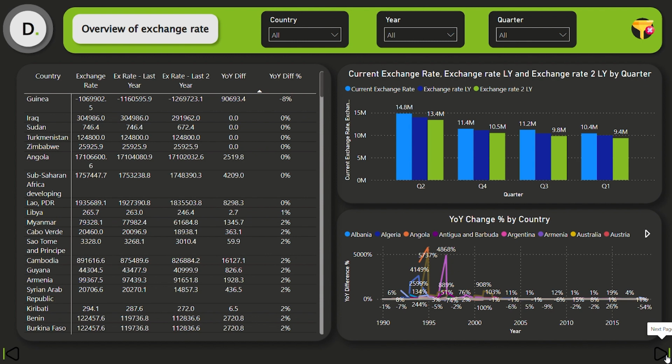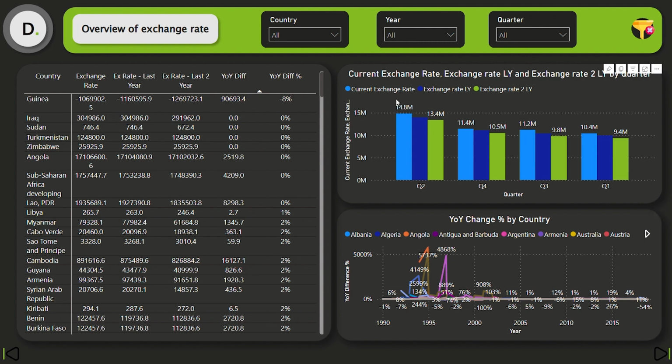So if the inflation increases, for example, if the CPI increases, automatically the inflation will increase. And if the inflation is increasing, the exchange rate of a country also increases, which weakens the currency of a